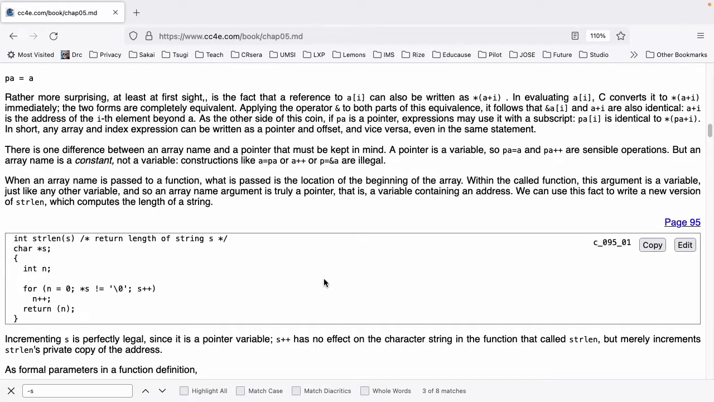www.cc4e.com/code, page 95. int strlen(s) char *s; { int n; for (n = 0; *s != '\0'; s++) n++; return (n); }